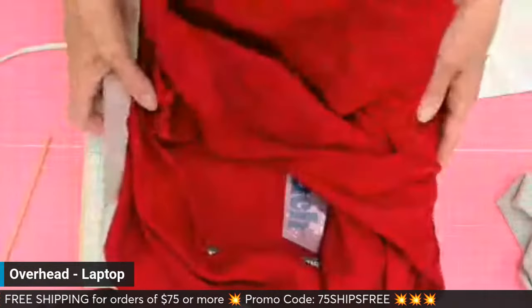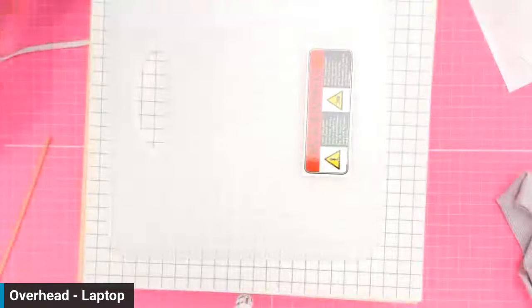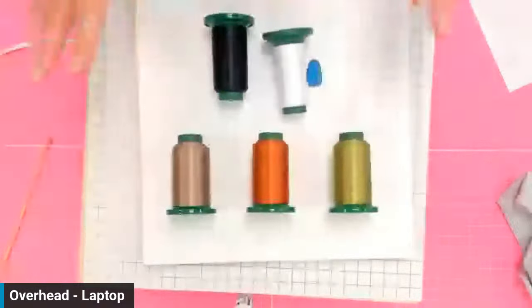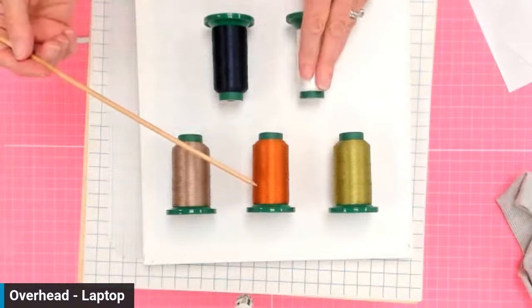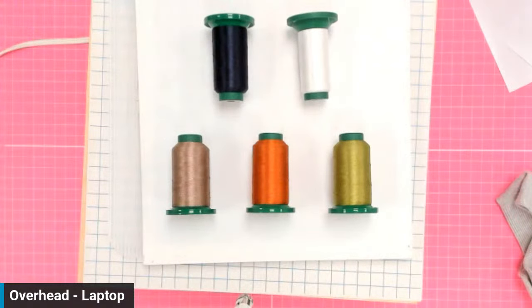And waffle weave is not all that different than everything that we've been talking about here. Let's see. I want to make sure we keep our hoop setters together. So we have a beautiful, first off, let's look at this really pretty collection of thread. So this isn't sold as a collection. It just looks beautiful together, right? We have this really deep navy and an avocado and kind of a burnt orange and then a dark tan and the white. And so what we did with that was we stitched this design